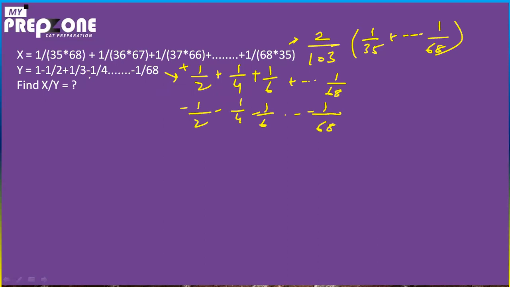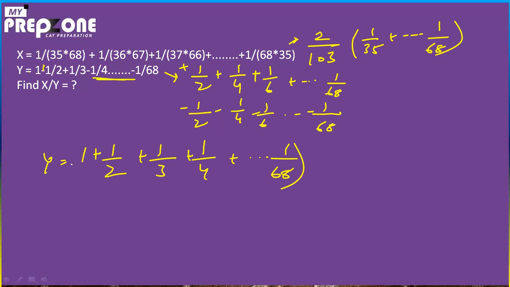So that I can adjust y in some positive terms, which means I can write y as 1 plus 1 by 2 plus 1 by 3 plus 1 by 4 till 1 by 68, right? Because I only had plus terms in the numerator, so I had to figure y in terms of some positive terms. But while you try to do this, you have extra negative terms, right? This minus 1 by 2 and the minus 1 by 2 that was initially given in the question. So you have two 1 by 2s, right? Similarly, 1 by 4, 1 by 4, you have two extra negative terms.